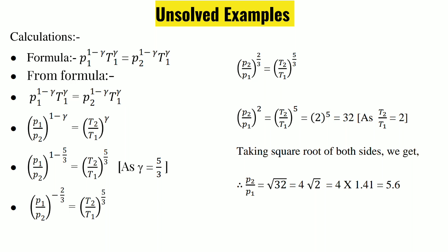Okay, now we are substituting the value of gamma as 5/3. So 1 minus 5/3. After taking the LCM, you will be getting -2/3. ठीक है. Over here, try to understand, it is P1/P2 raised to -2/3. In order to remove this negative sign, what we are doing, ulta. P2/P1 कर ले रहे. So negative sign has become positive. So we are getting 2/3. Now you will see that raised to में 2/3 है और यहाँ पे 5/3 है. So 3 and 3 will get cancelled. So ultimately we will be getting P2/P1 raised to 2 is equals to T2/T1 raised to 5. So after solving, we will be getting the answer.